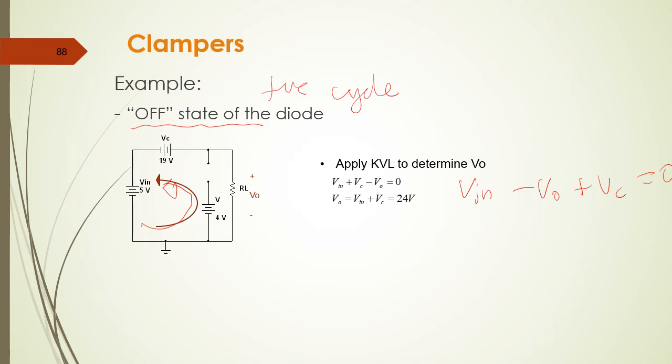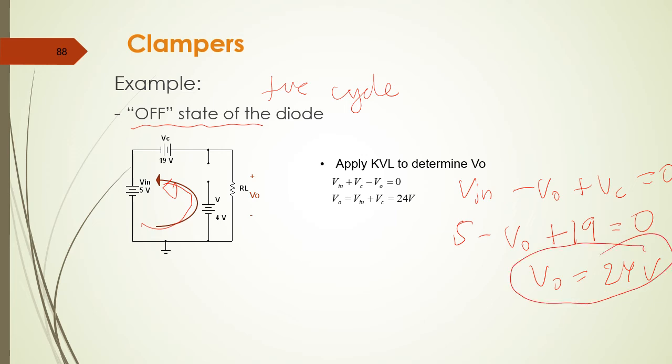We assume that the value of VC is maintained, so that means 5 minus V out plus 19 equals 0, and we have the output here equal to 24 volt. So this is in positive cycle. So the value of the voltage in positive cycle is 24 volt, while the value in negative cycle